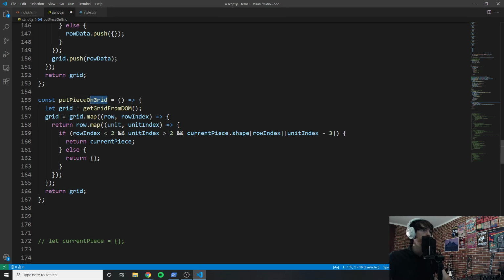So I was calling putPieceOnGrid, and I needed the function getGridFromDOM, which now we have. So grid is equal to grid.map, and then we're mapping over the grid and doing some logic and then returning the new grid. Let's take a look at this logic. So grid.map, for each row, we're also going to grab the index, and then we're going to return. Since it's a 2D array, we have to loop through the child. And what we're saying is if row index is less than 2 and unit index is greater than 2, and